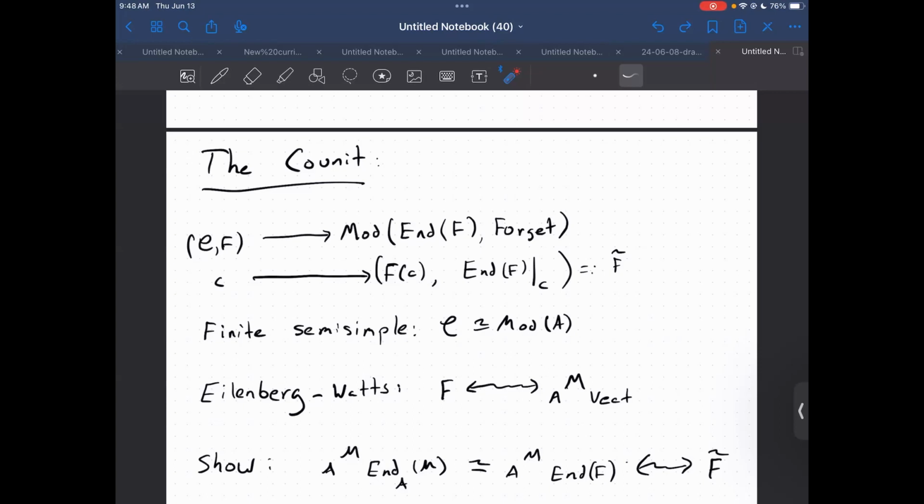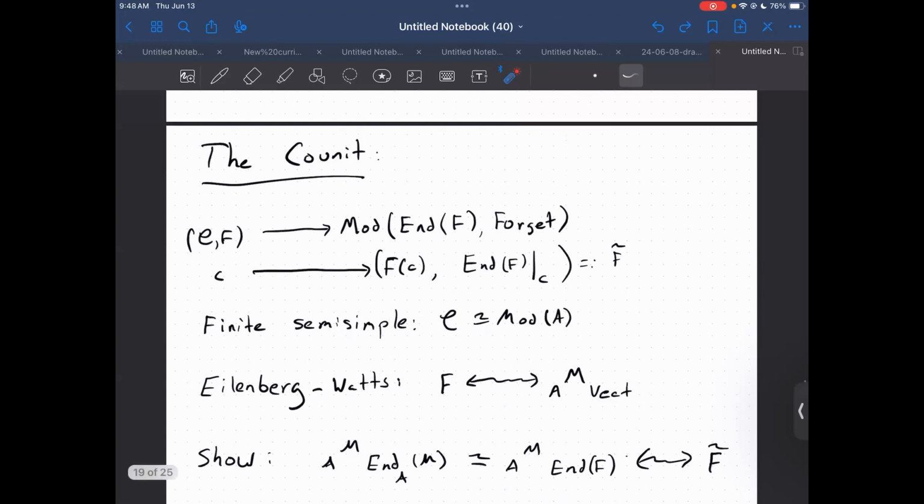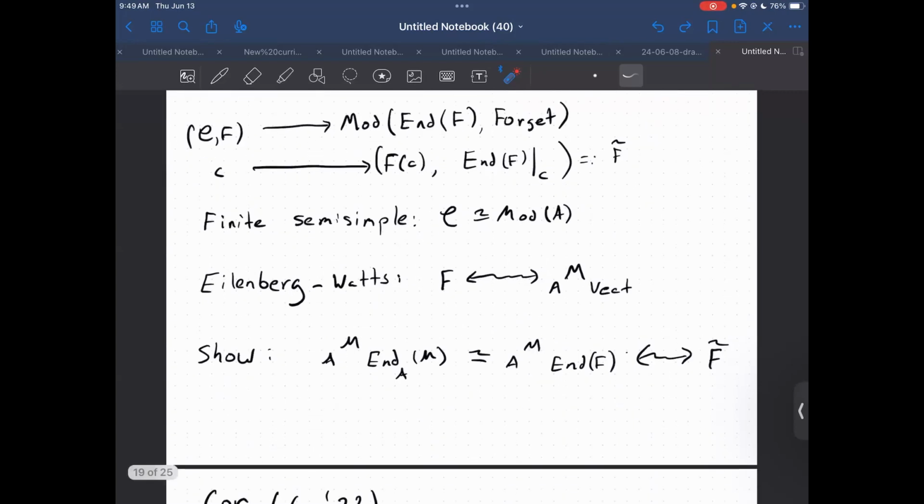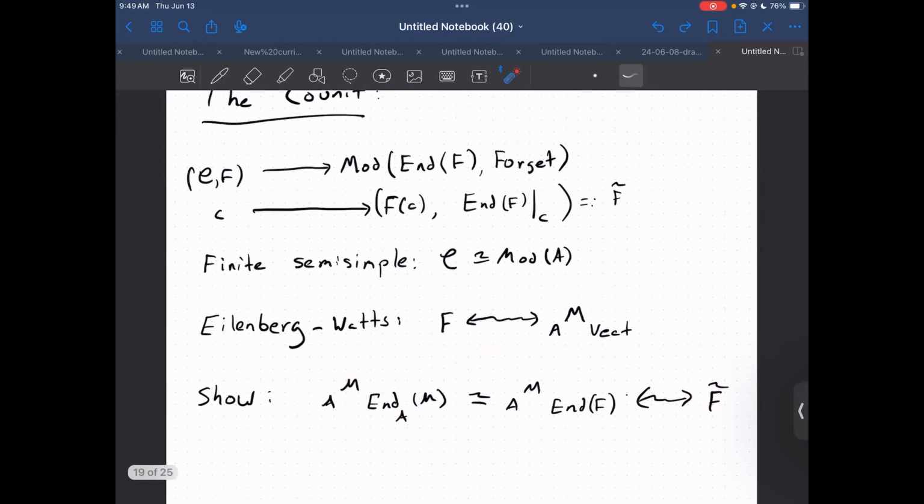So we'll just find some module, and then use the fact that the Morita map is an equivalence to deduce that the endomorphisms of the endomorphisms of M are the same thing as the endomorphisms of F. That's part of the statement of the Morita map being a tri-equivalence. And then we saw earlier in Christoph's talk that this specific bi-module is known to be a Morita equivalence. And saying that you're a Morita equivalence and that this bi-module maps to F tilde precisely says that it's an equivalence of categories.